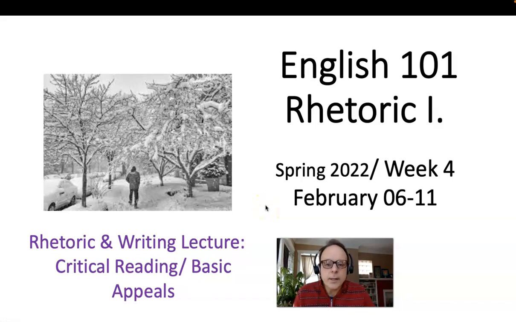And again, this will come up later, probably on one of our quizzes, but I'm also going to ask you about it and encourage you to use maybe two or more of these in each paper. Try to use emotion, try to use logic, of course, how you organize your paper, and good reasons. And then also, where you can, use ethos. A lot of times ethos is used by bringing in an outside source and quoting somebody who's an expert on your topic. So hopefully this wasn't too confusing and you got something out of it.